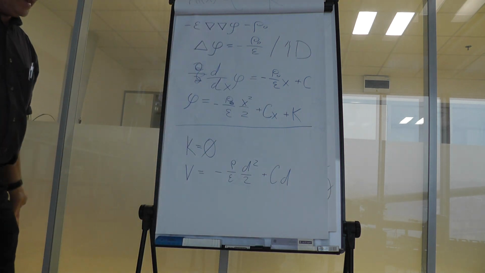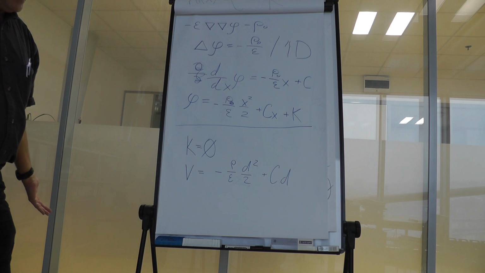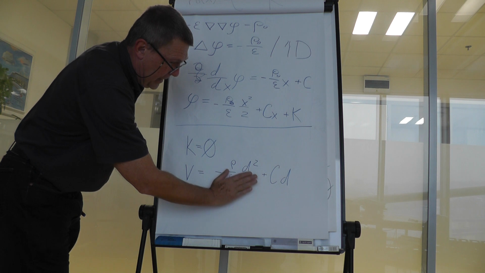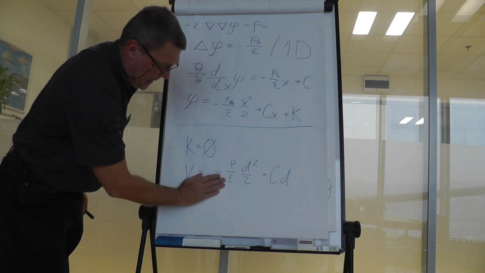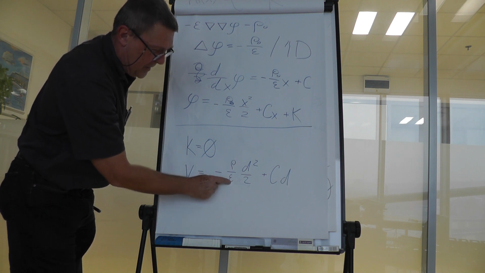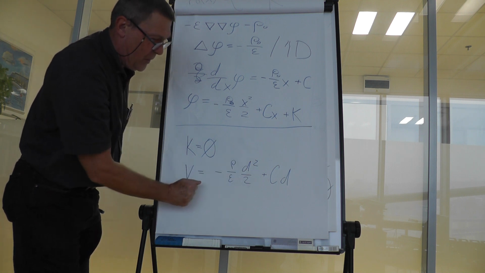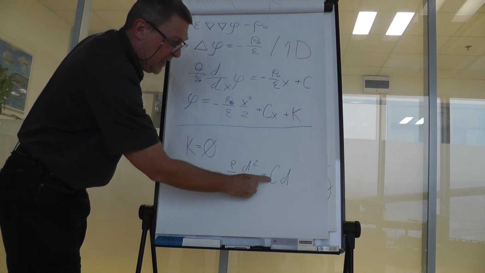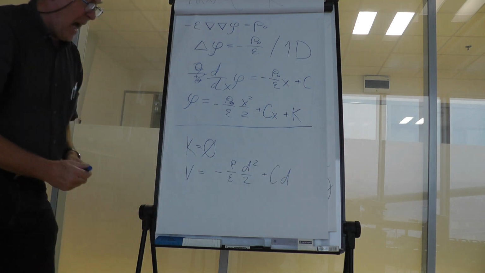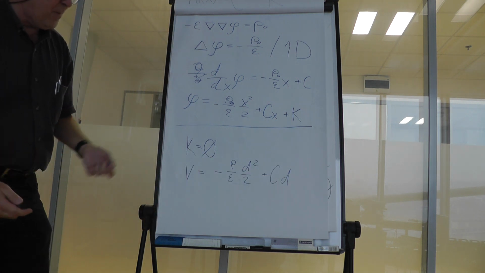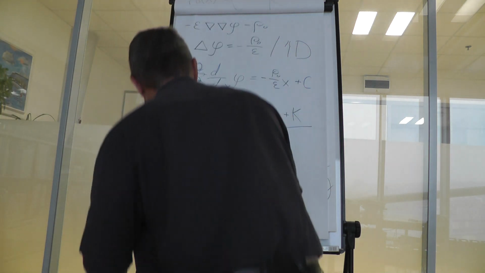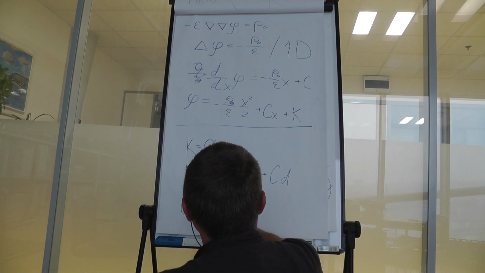And we can solve it quite easily. Just we move this to the other side, we get v plus charge density divided by permittivity d squared divided by 2 is equivalent to c multiplied by d. Then we divide the whole equation by d and obtain a solution for the constant c, which would be c is equivalent to